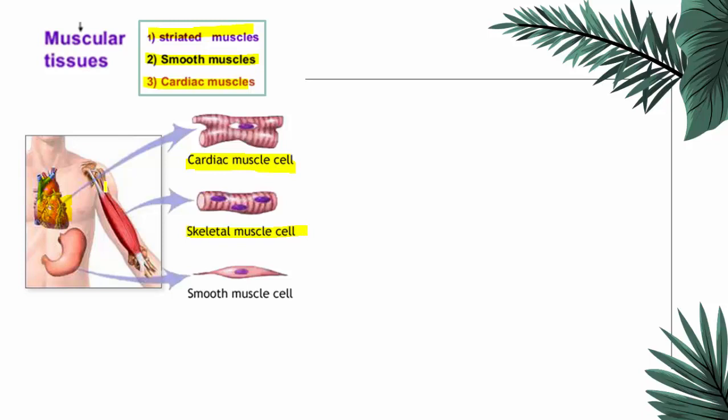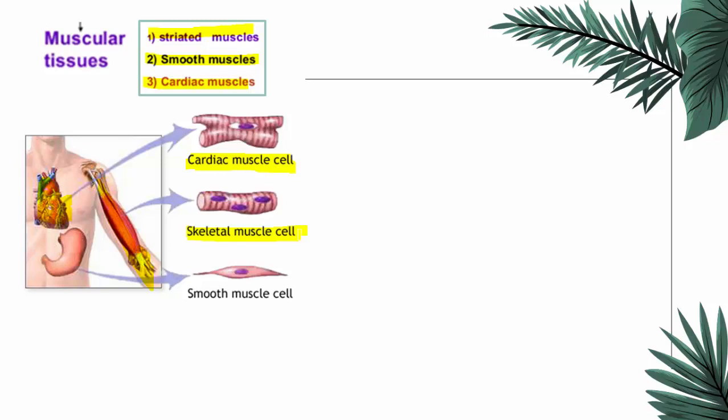Skeletal muscles, they are found attached to the bones, because the bone is forming a complete skeletal system and bone belongs to the group of connective tissues. The muscle which is attached to the skeletal system represents the skeletal muscles and they are voluntary in function.